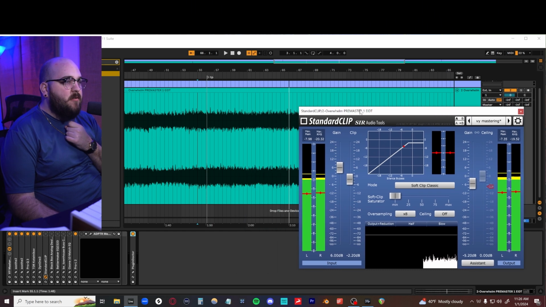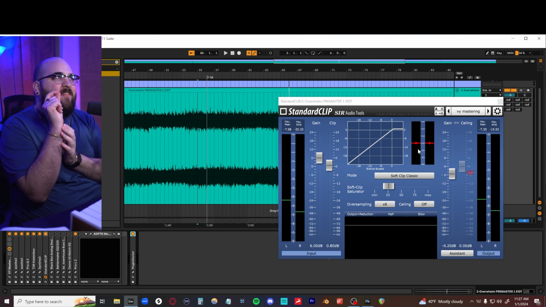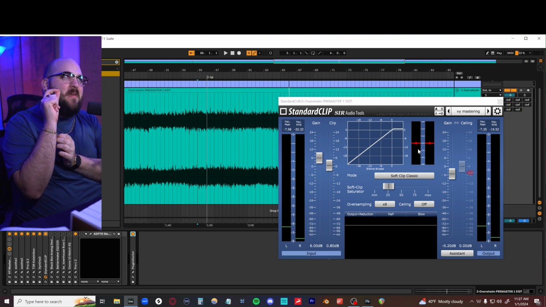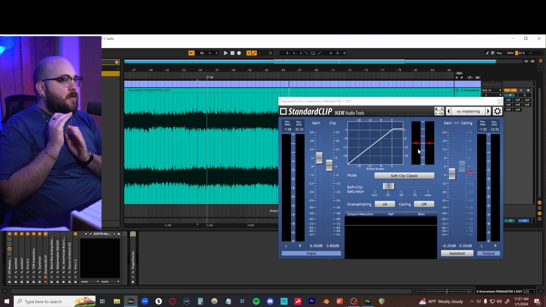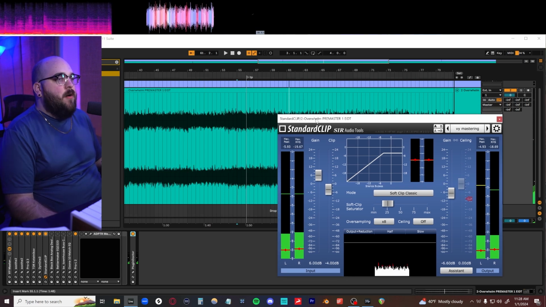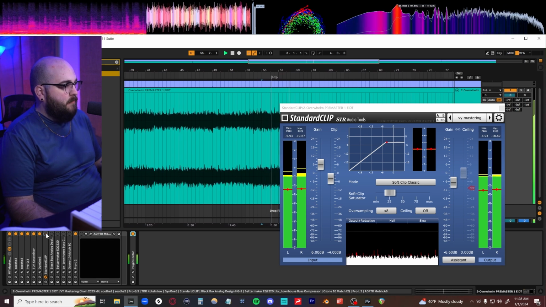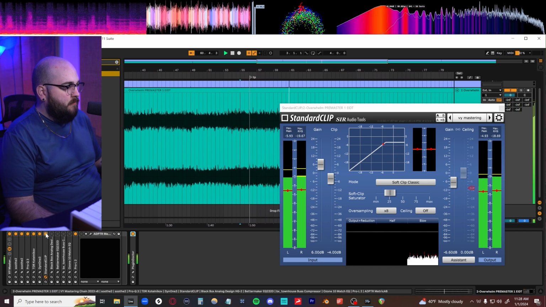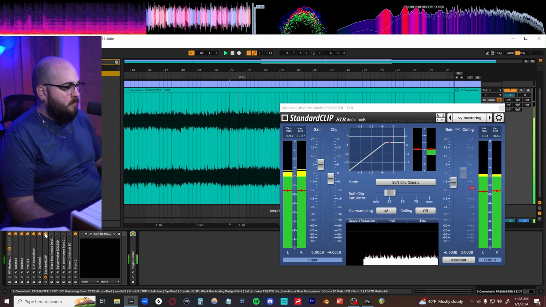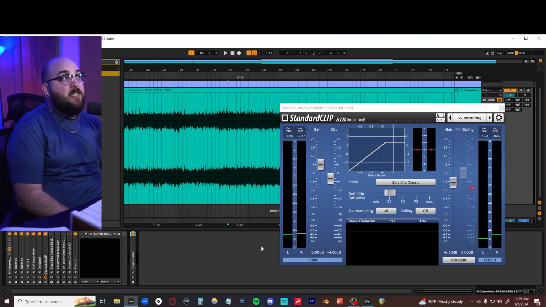And then I have StandardCLIP from SIR Tools. And so with this plugin, I'm just trying to take off like 1 dB or 2 dB max of just the top of those snare drums or things like that. Because every little bit of headroom that you can get yourself on the limiter is really good. So if I turn it off and on, off, on, you can hear it almost doesn't sound different from what it sounded like before,